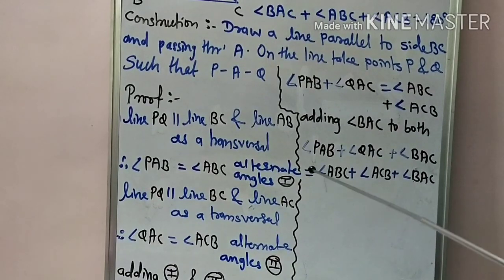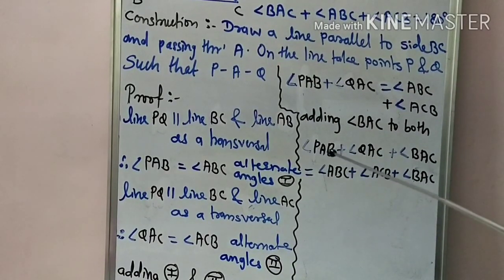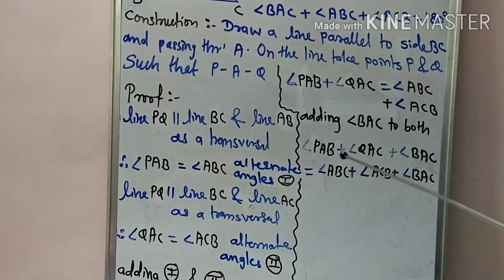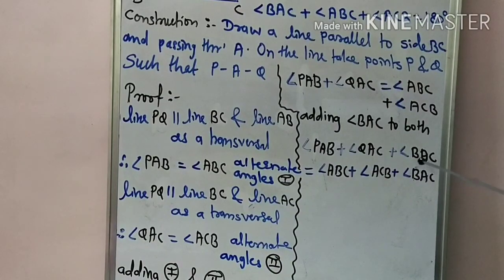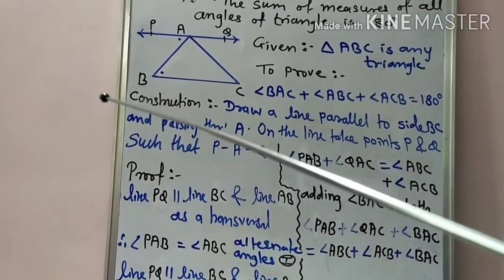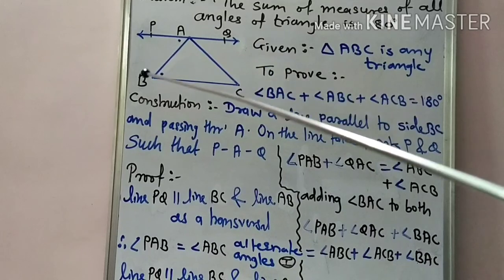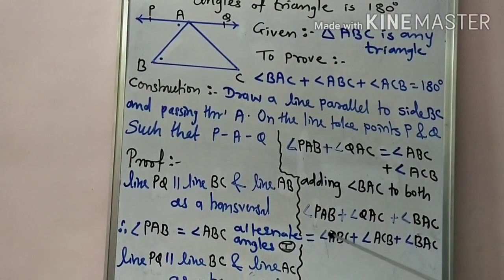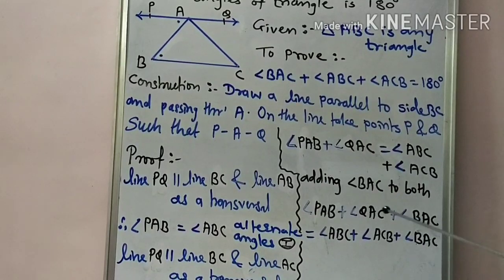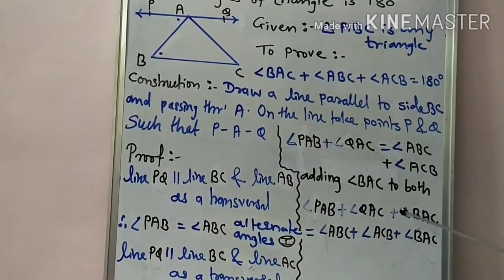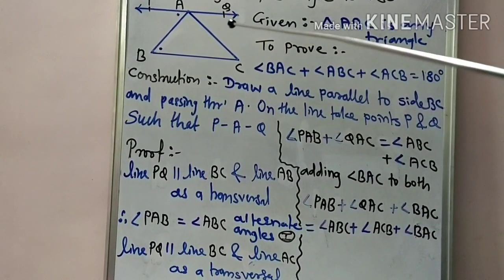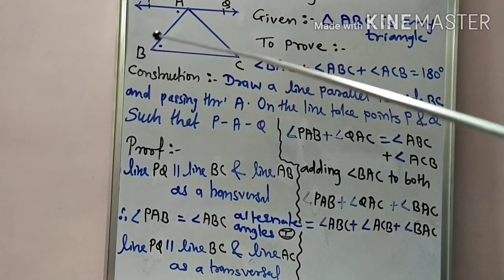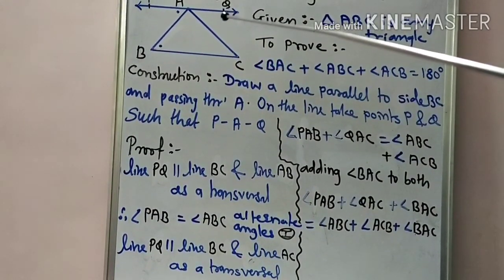Now what we observe is that we have three angles on the left, angle PAB plus angle QAC plus angle BAC, and according to the figure we have these three angles. And as we add these two angles, QAC plus BAC,